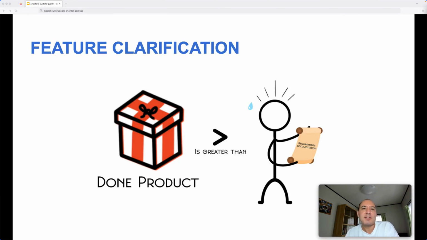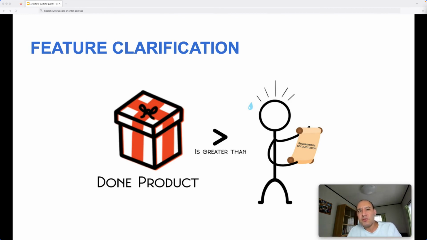Why am I saying that some features may not be very well documented sometimes? Because in Agile, the working product is more important than the comprehensive documentation. But of course, we have to interpret this in the correct way, because it doesn't mean that we don't need any documentation at all. And while trying to implement the correct and accurate product, if we all forget about the documentation, then we may have some points which are not clear to everyone.